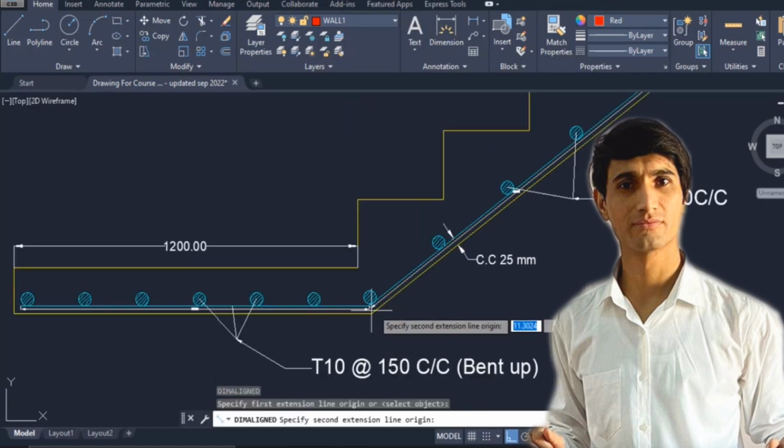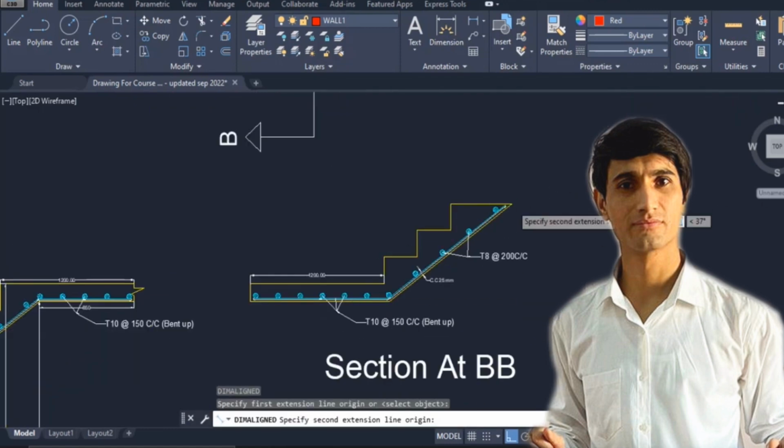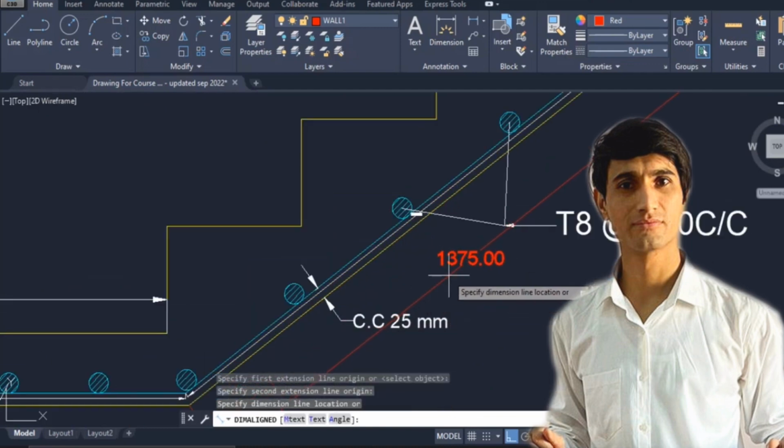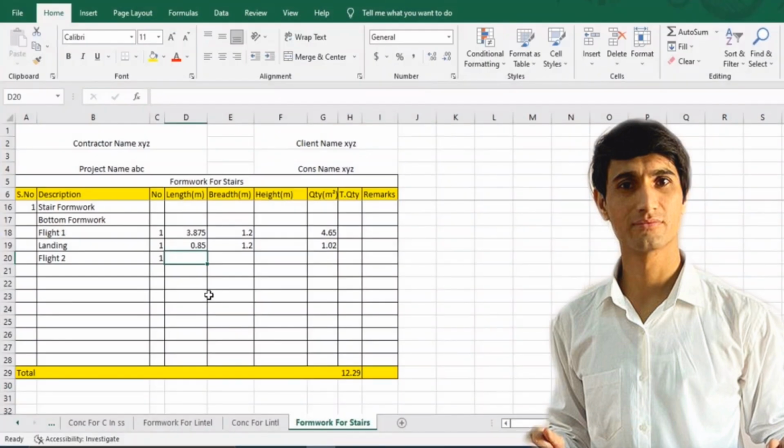landing. Sometimes for flight I use the landing, so sorry for this. This is flight number 2. It is 1.375 meter as flight number 2. 1.375. Next we have 1.2 as the breadth of our stair, and next what we will do, we'll drag this over